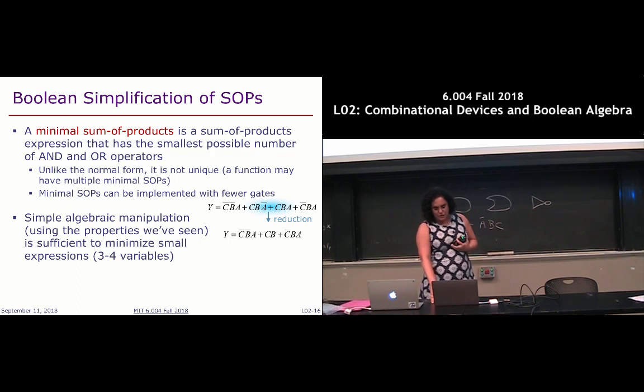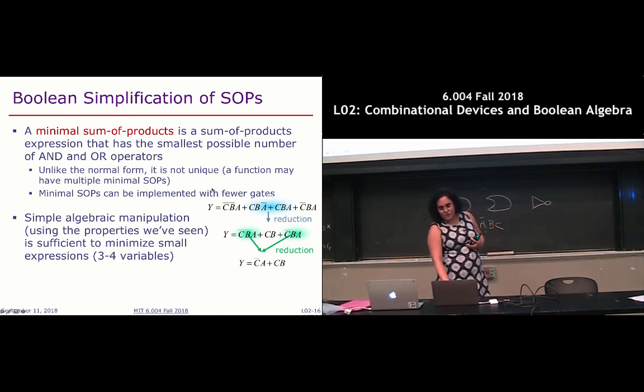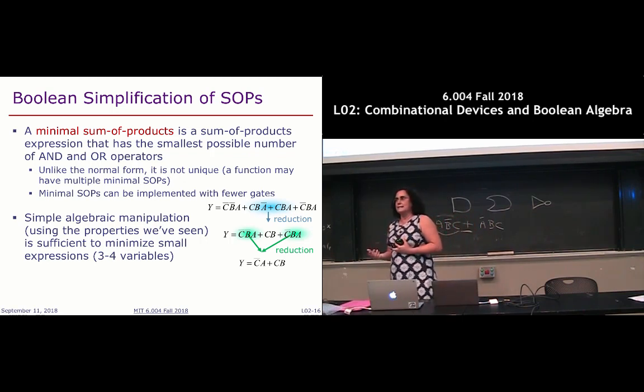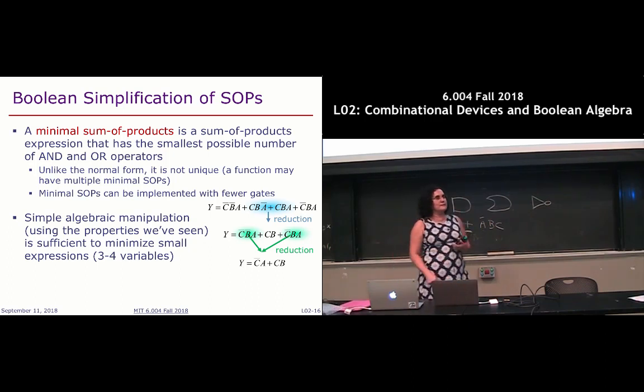Now I can apply reduction once again on the outer 2 terms, and I can end up with a much smaller expression that represents the exact same function. And if you think about what I'm going to need to implement this function, I now have a single inverter, 2 ANDs, and 1 2-input OR, whereas my original expression had a whole bunch of inverters, 4 3-input AND gates and a 4-input OR, which was much more complex, even though they implement the exact same